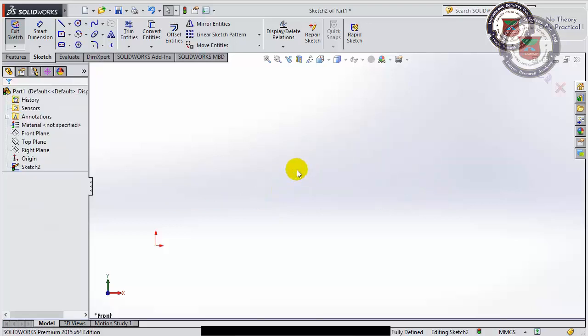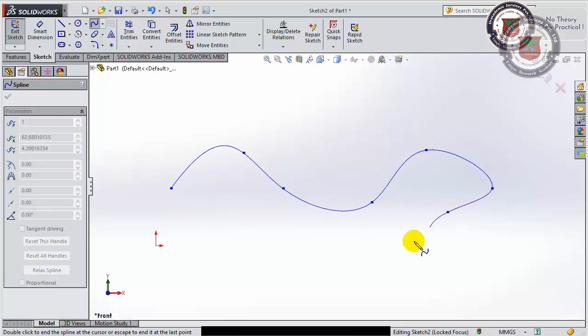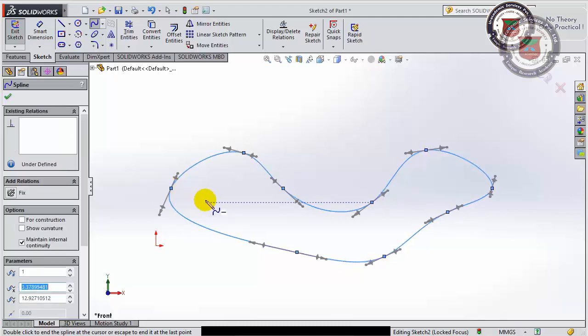I'm just deleting it. Now our main spline, which is mostly used, is the simple spline. In this spline, we just click on those points from where the curve has to pass. I can also join this spline to make it a loop. You can see that.